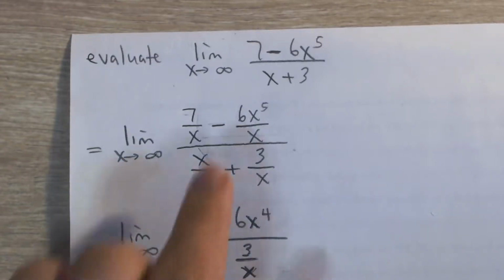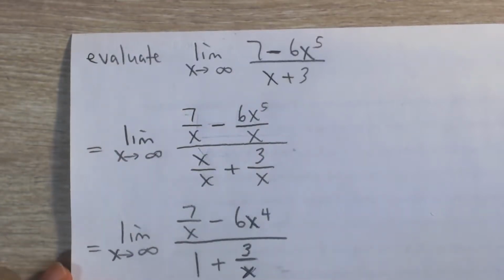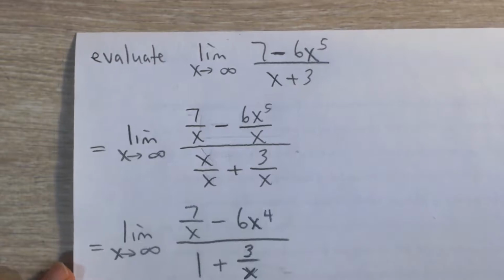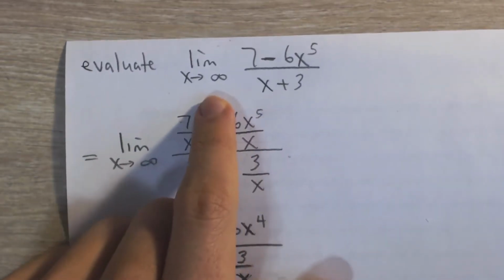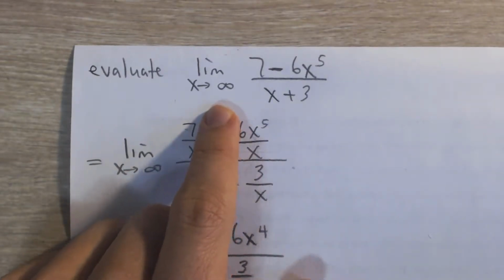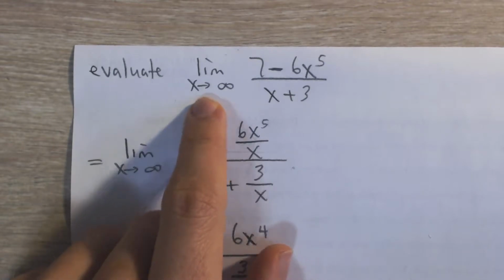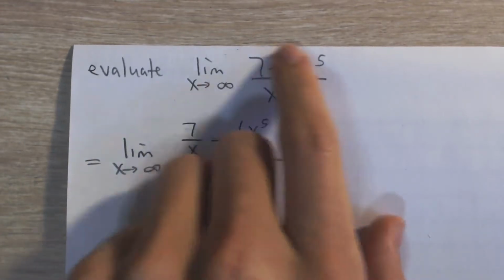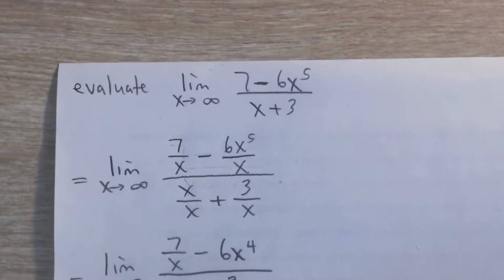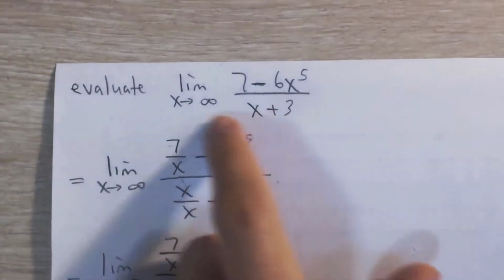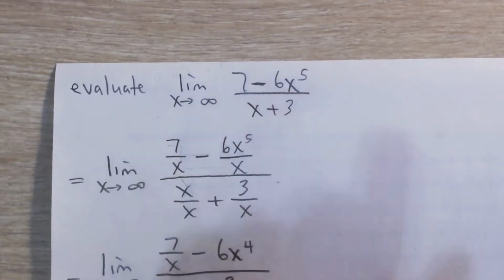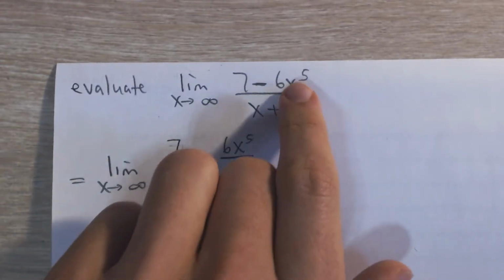Evaluate the limit as x approaches infinity of (7 − 6x^5)/(x + 3). So here, first off, before we go into the algebra, what will we expect as x becomes a very large positive number for this expression to approach? Well, in the numerator, you can see the only thing that concerns x is this −6x^5. And as x becomes very large positive, x^5 is going to be a huge positive